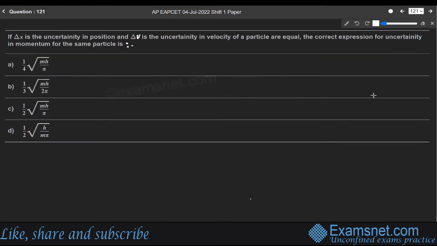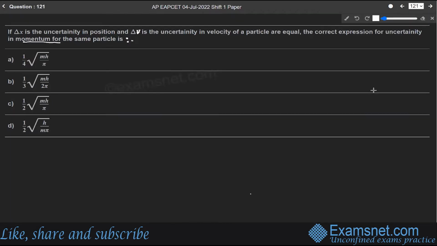Okay. So yes, we were discussing question number 121, and the question is from atomic structure. The question states that if delta x is the uncertainty in position and delta v is the uncertainty in velocity of a particle, and they both are equal, the correct expression for uncertainty in momentum for the same particle is. Uncertainty questions are very frequent in the EAPCET paper, JEE paper, and even in the NEET